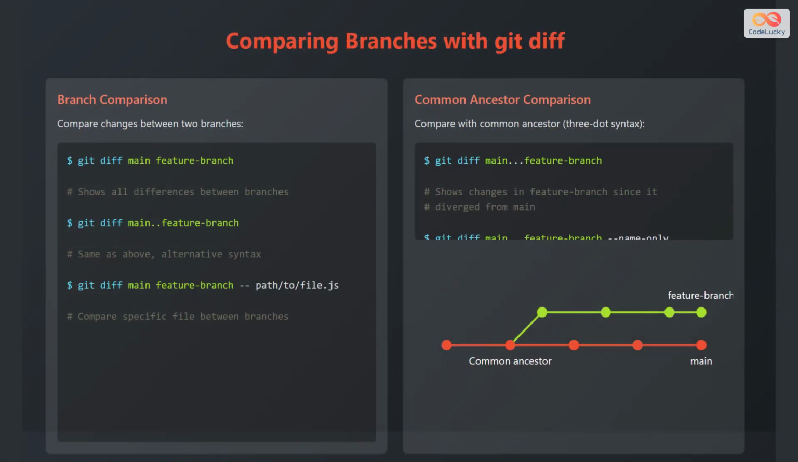Comparing branches with Git Diff is a common task when merging or reviewing code. To compare changes between two branches, use the command git diff main feature-branch. This will show all the differences between the main and feature branch. You can also use the alternative syntax git diff main..feature-branch, which achieves the same result. To compare a specific file between branches, add the file path like this: git diff main feature-branch -- path/